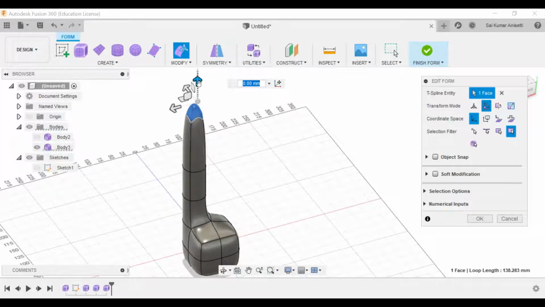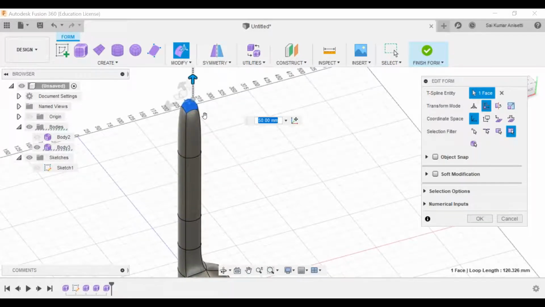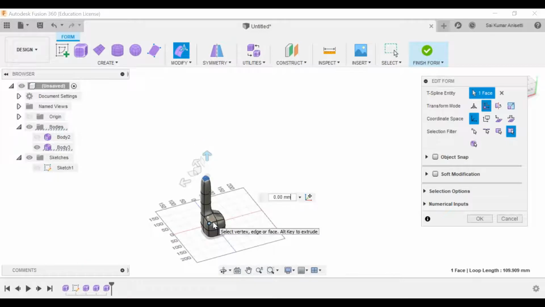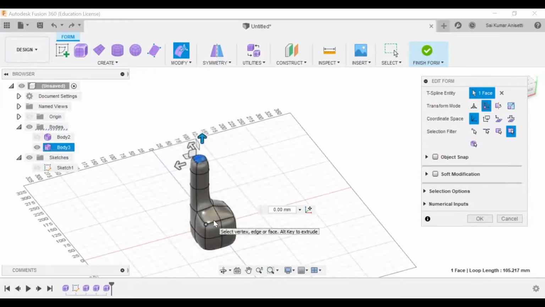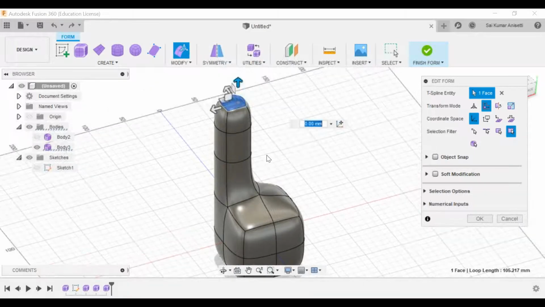If I press alt, then faces will get added up. Now got the point? So press alt and pull, you will be adding your material. If you release alt, it will just pull your existing face, that's all. You pull your existing face. Let me press Ctrl Z. See, this is how you actually play with this alt and without alt. That is how you translate.